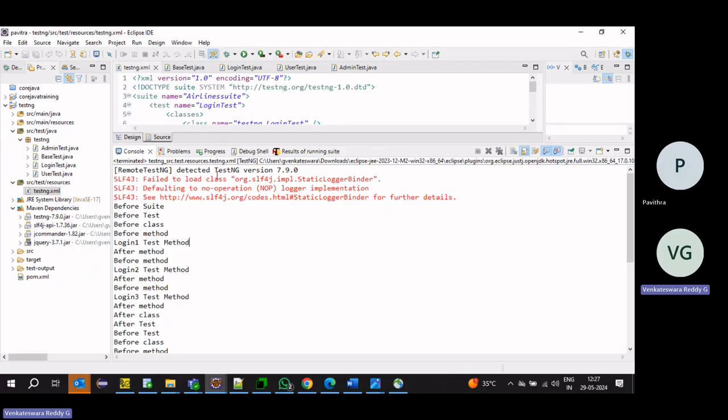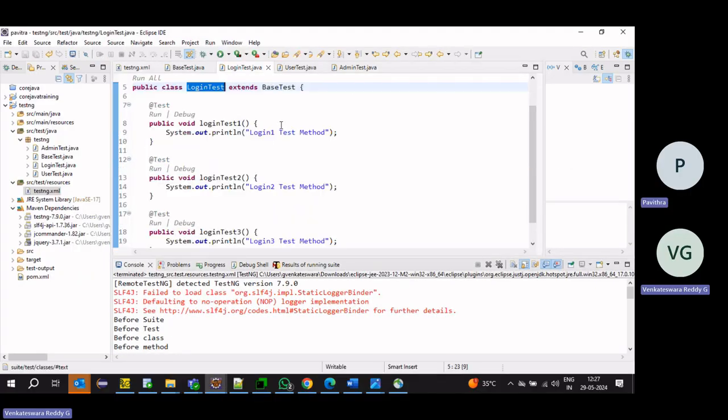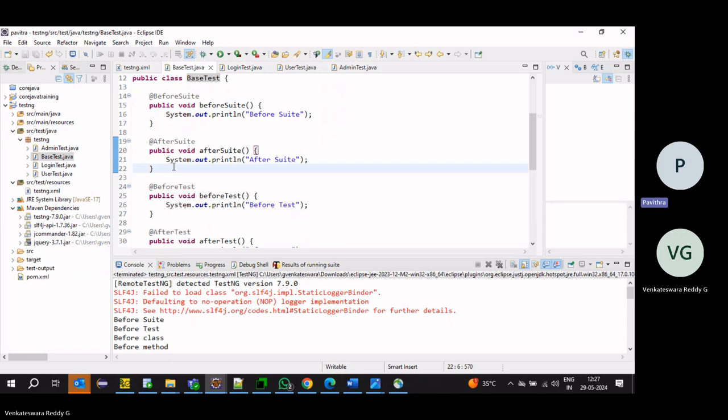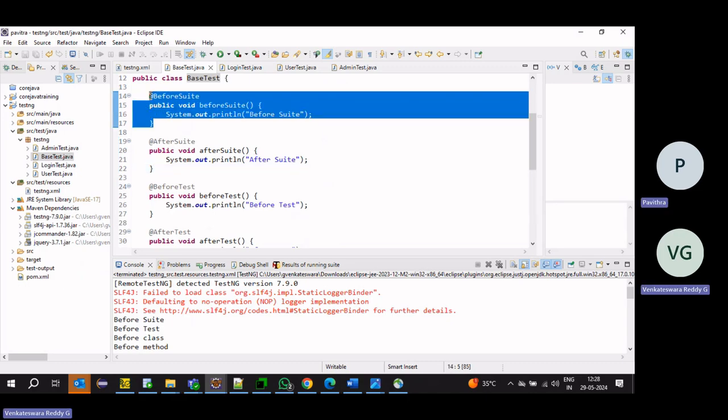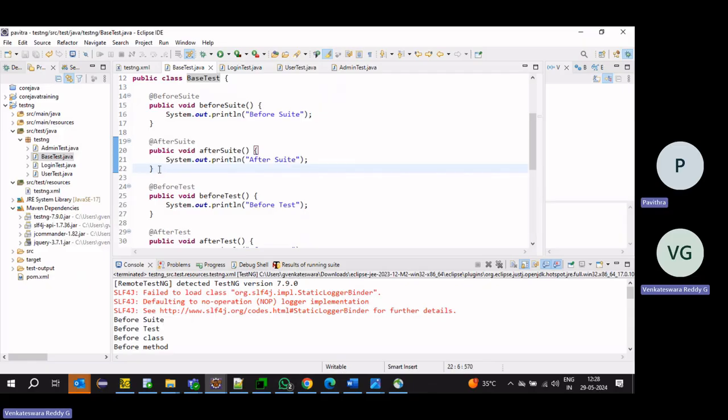Now, here we have the annotations. Before suite and after suite: before starting the execution, before suite will execute, and once execution is done, after suite will execute. Only one time.